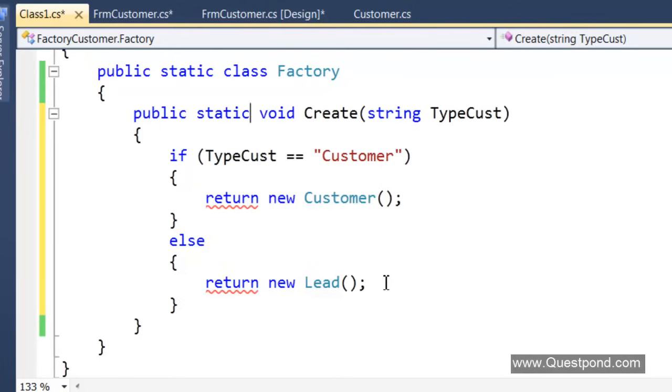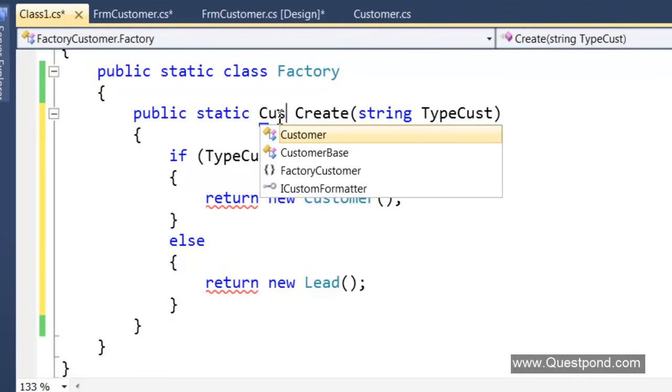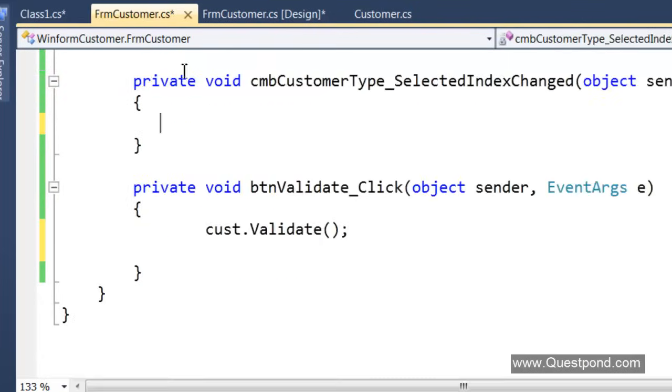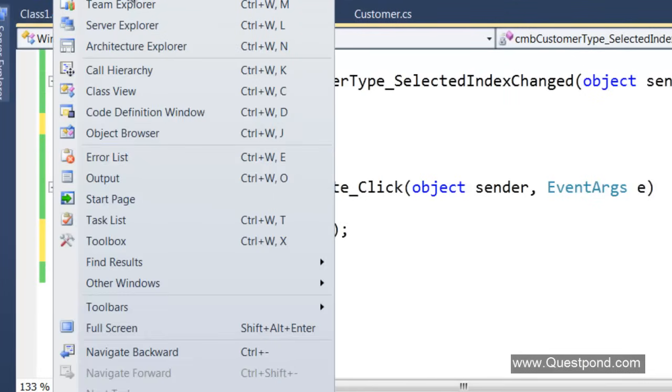So he is aware of all the strong type objects. In other words, tomorrow if you add a new type, you will just go and add one more if condition here. But when he returns this strong type, he will always return it as the parent base class. Polymorphism. Remember, the base of decoupling is polymorphism. So you can see now, tomorrow if I go and add a new type, he will always return only customer base. So my UI now can become something like this.